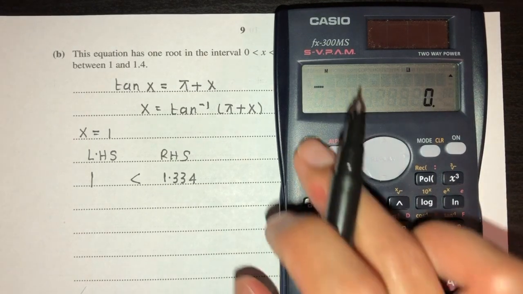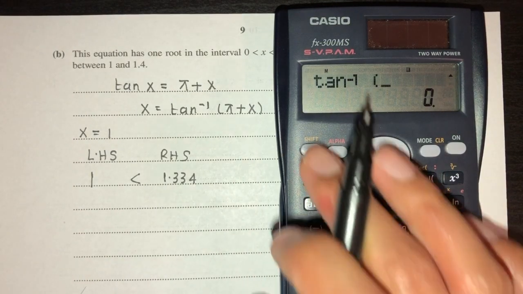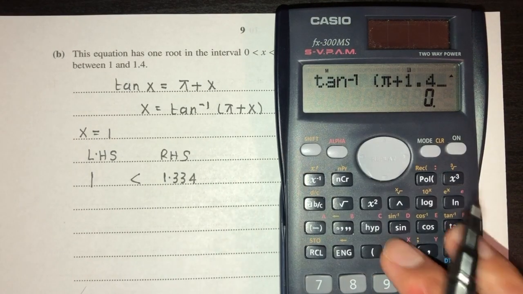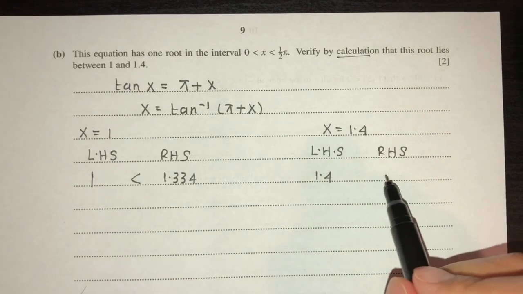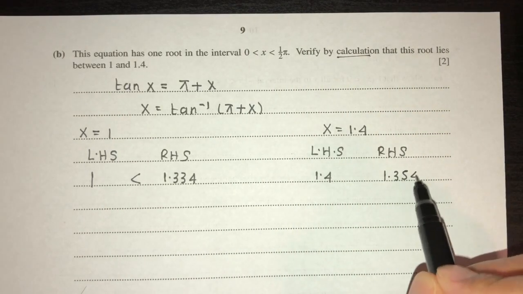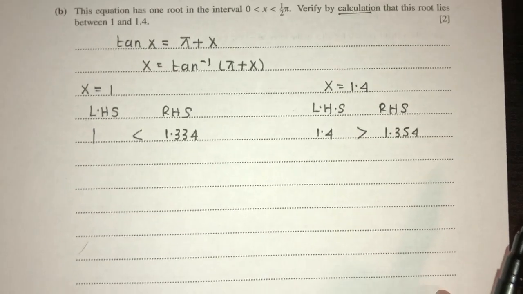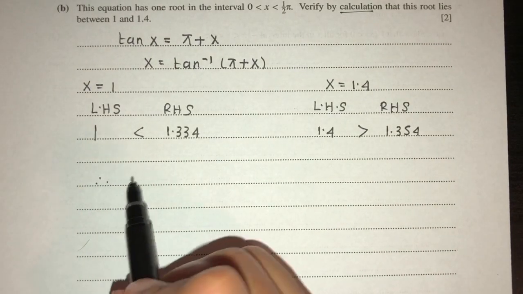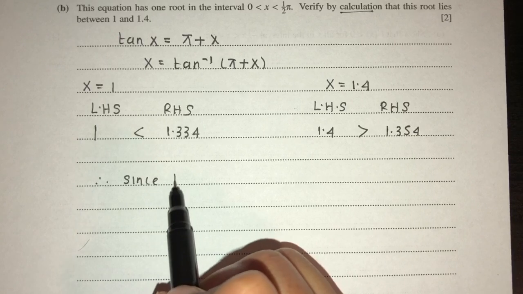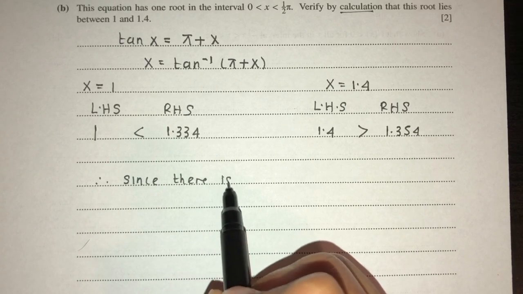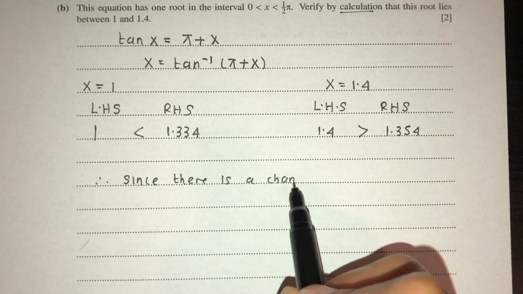That will be tan inverse of pi plus 1.4. That will be 1.354. As you can see here, we have a change of sign. It means that it is in this range. So since there is a change of sign,